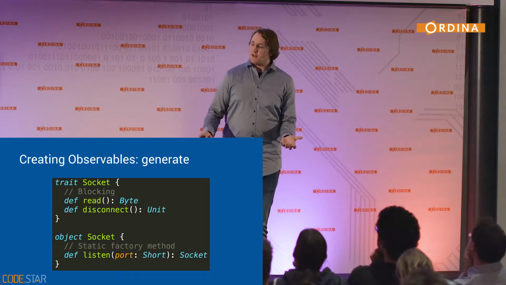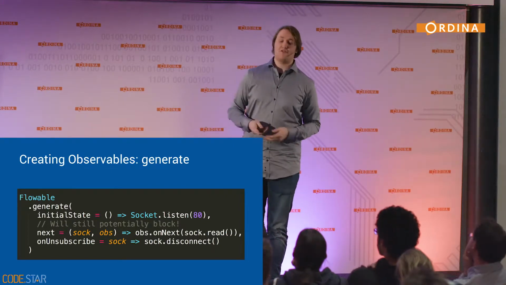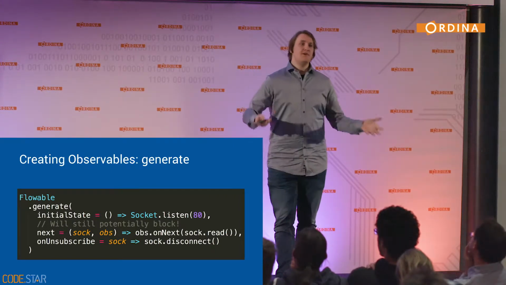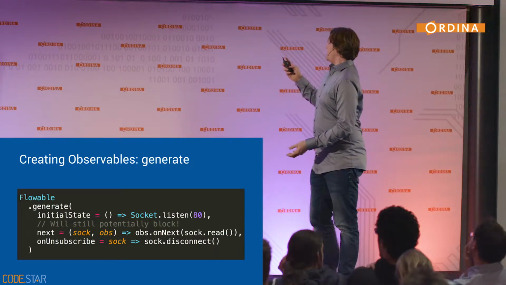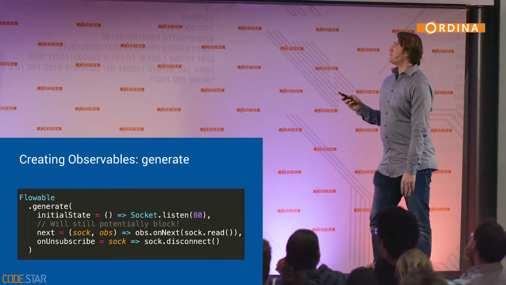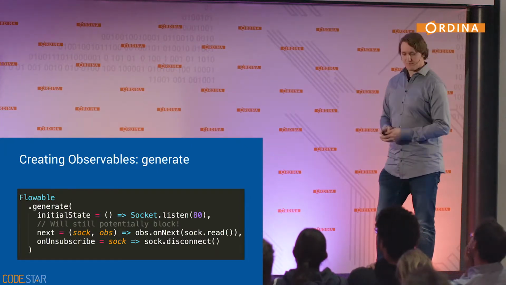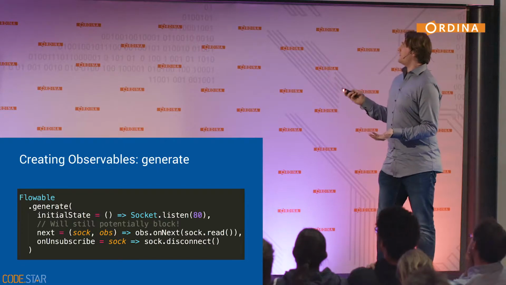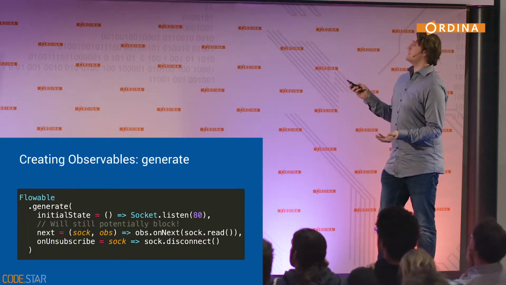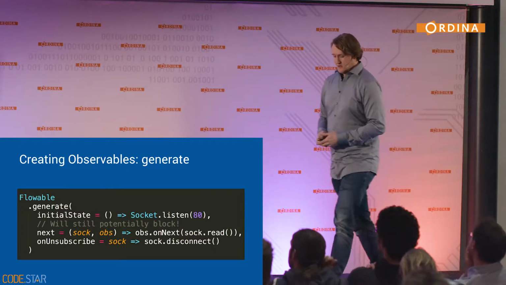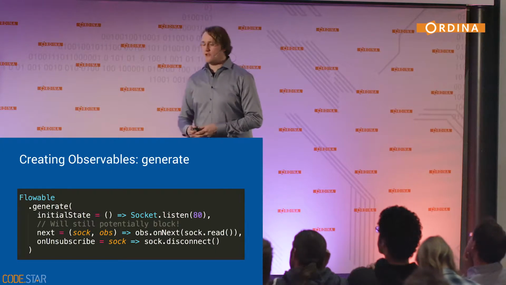Another example. Say you want to listen to a socket and you want to read bytes from it, and you only have a blocking API for this. So we have an interface, a socket from which we can read a byte, which is blocking, and we can disconnect from it. We also have a factory method, which allows you to listen to a port and get a new socket instance. If you want to bring something like this into the reactive world, then you can use the